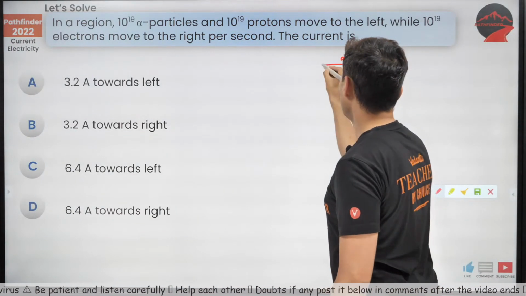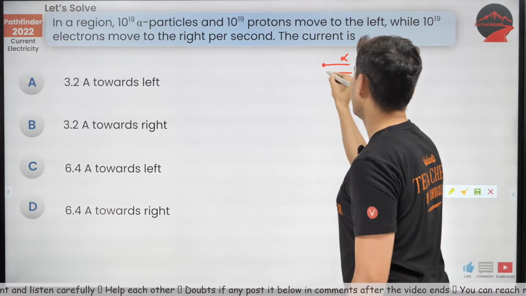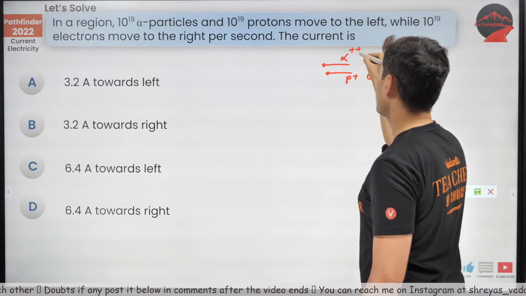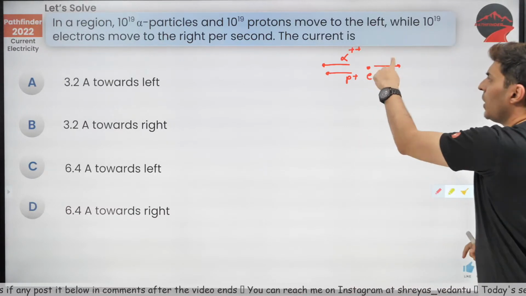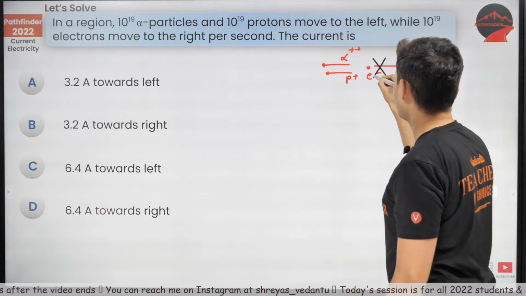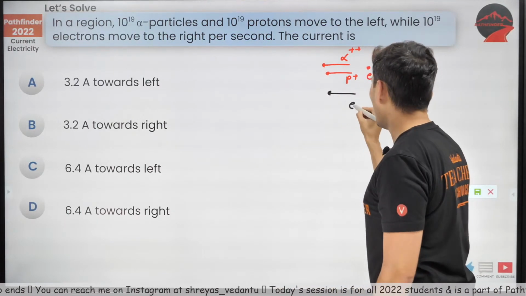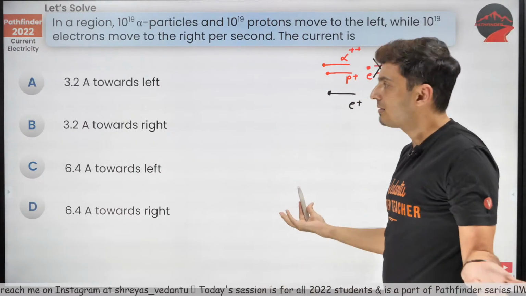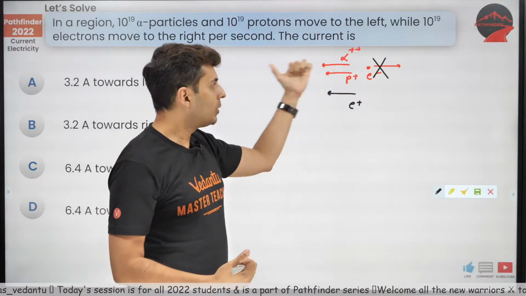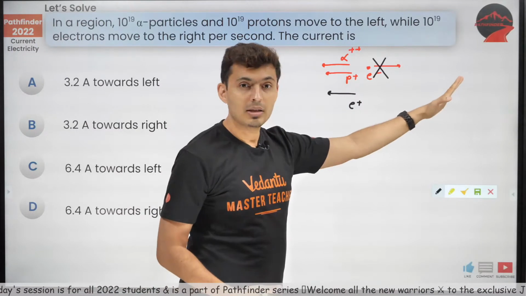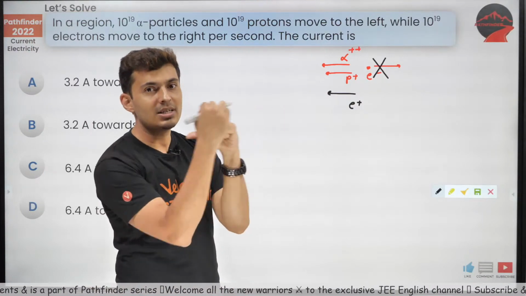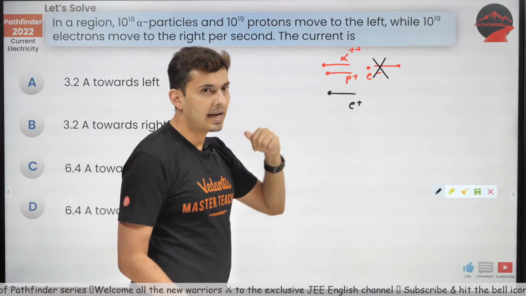So alpha particles moving left side, protons also moving left side, electrons moving right side. Electron is negative, proton is 1 positive, alpha is 2 positive. Isn't electron moving to the right equivalent to, I can forget it, as good as saying another positive charge moving towards the left? It's one and the same thing. Isn't that right? So don't subtract. They are not cancelling. Positive moving left and negative moving right, they will not cancel. In fact, had the negative been moving towards the left, then that positive and negative would have cancelled. Here, in fact, it will add.